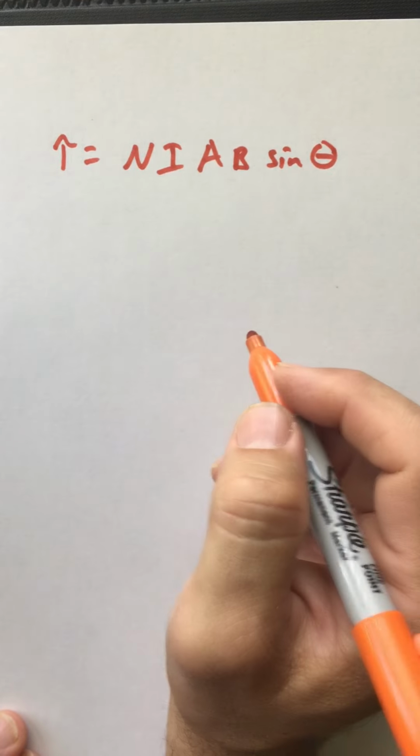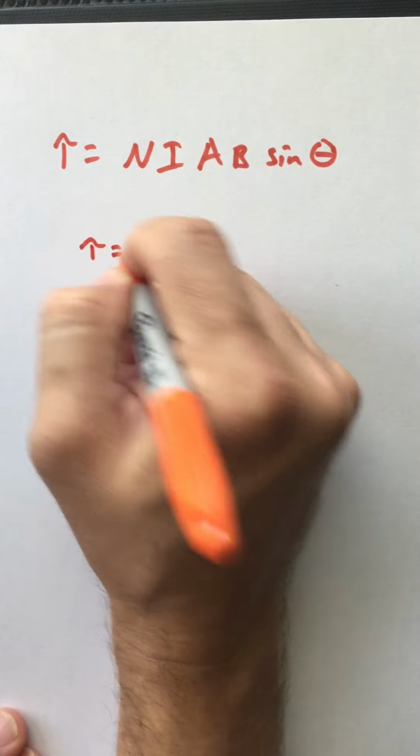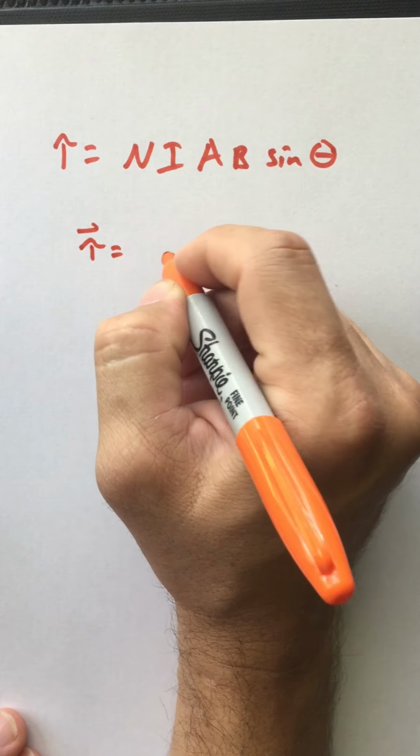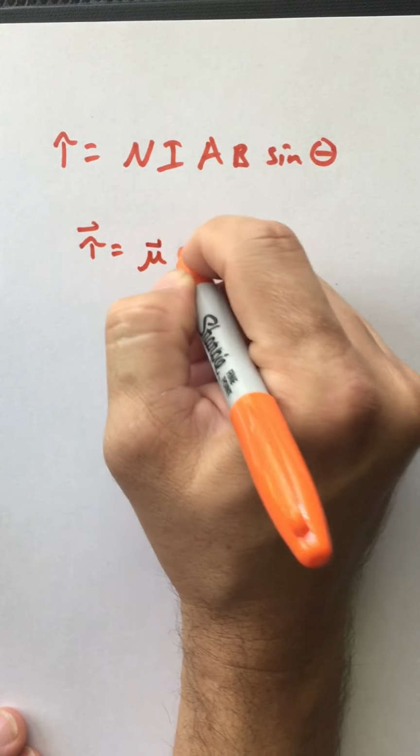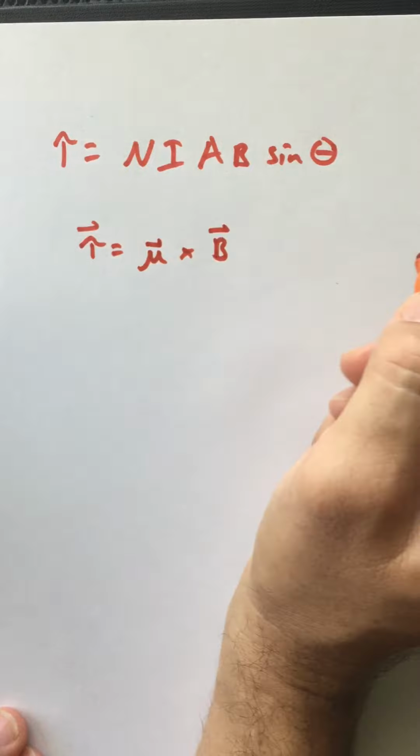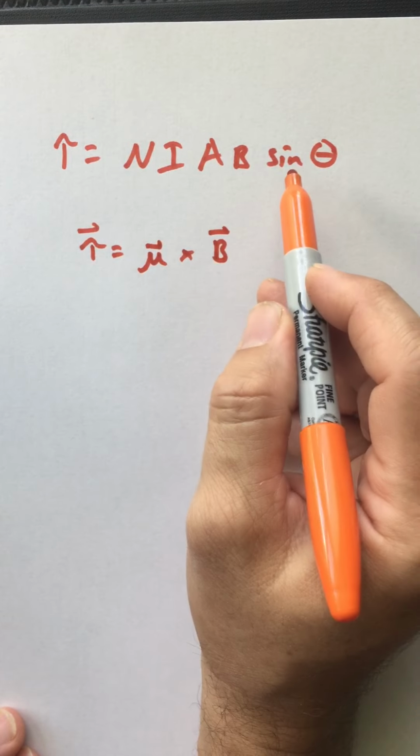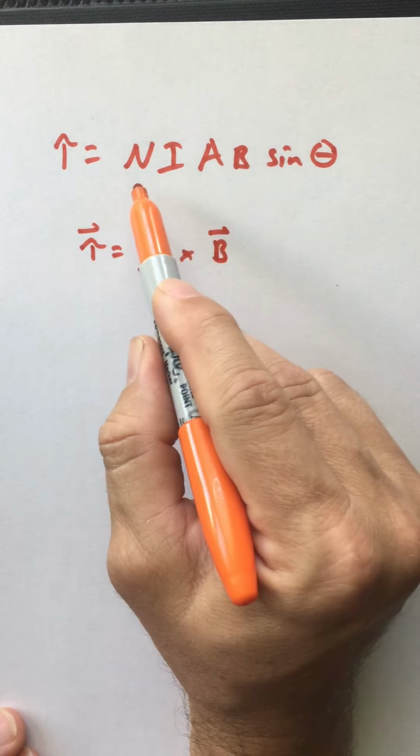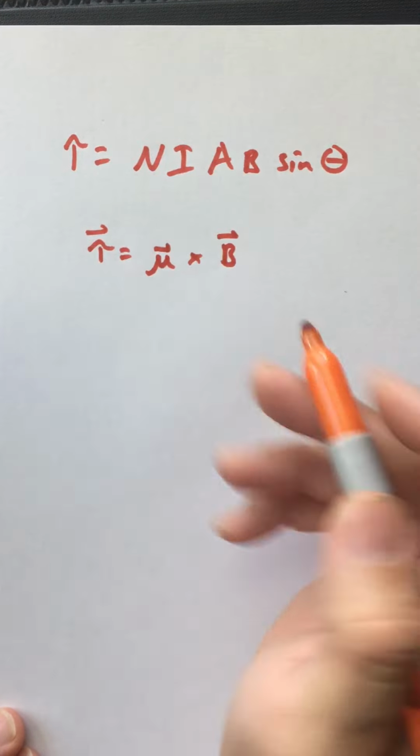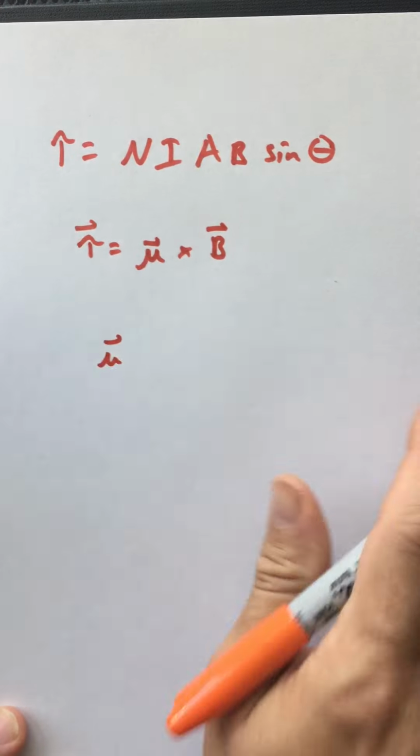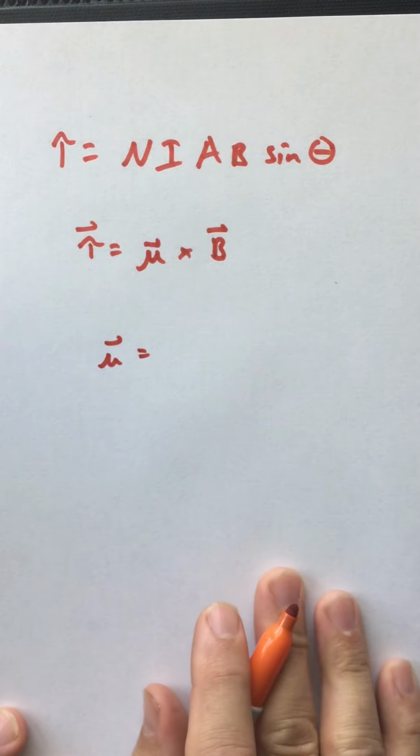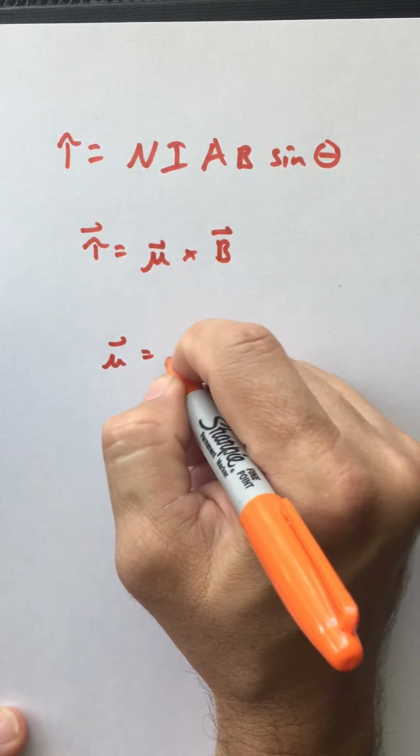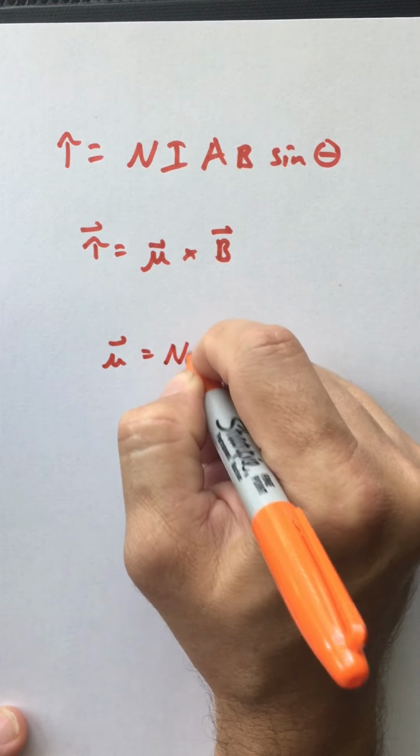What we can say is that the torque is equal to mu cross B, right? The cross product is going to take care of the sine theta. And if I'm going to do this, I'm going to have to define mu. Mu is what we call the magnetic moment, which is defined here as NIA